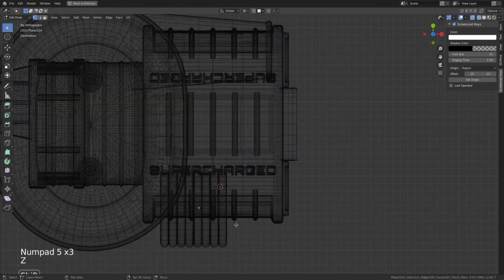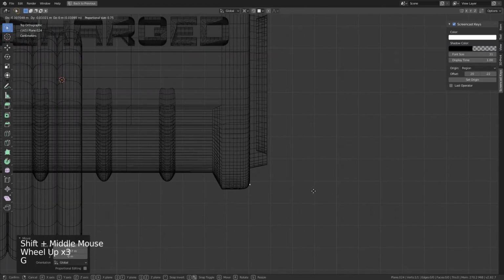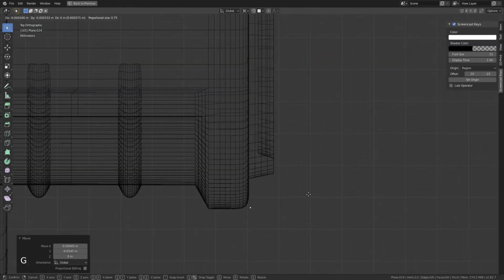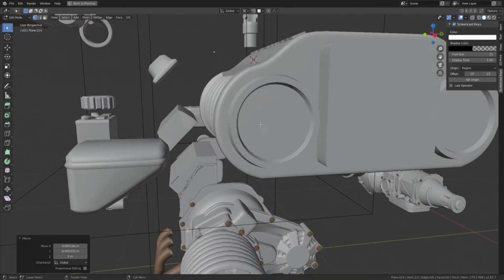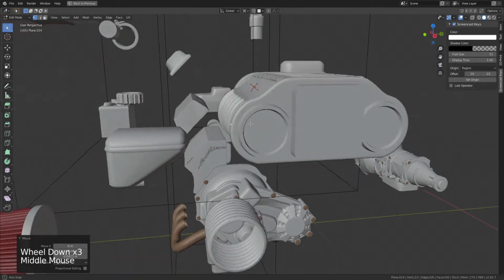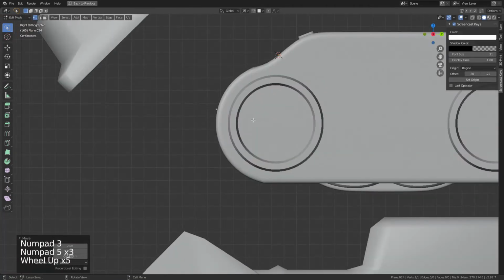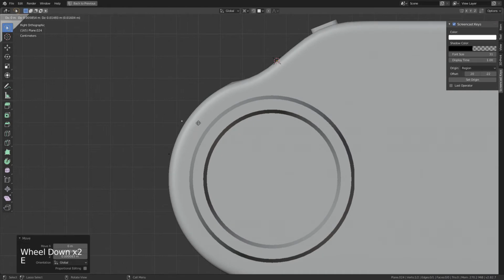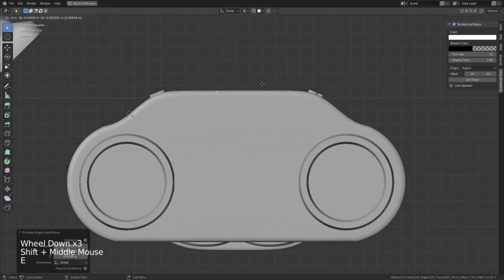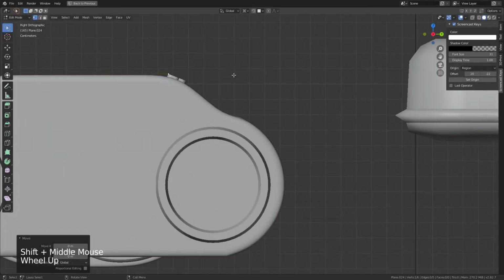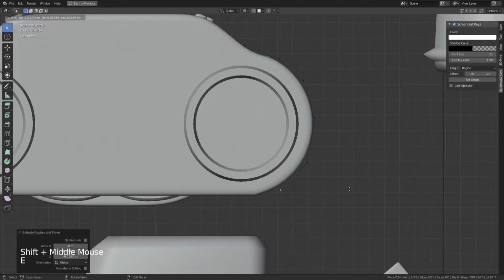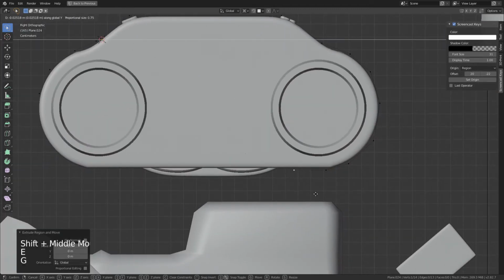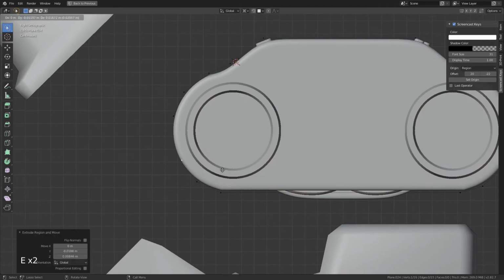Going to top view here, I'll move this vertex over onto an edge of a surface that is pretty well defined. So there it is, aligned with the edge of the supercharger, and I'm just going to go into the side view and start really loosely tracing the profile of this high poly mesh. You don't really have to worry about accuracy too much yet because I'll come back and adjust that much later. But first I just want to start by tracing the outline all the way around,